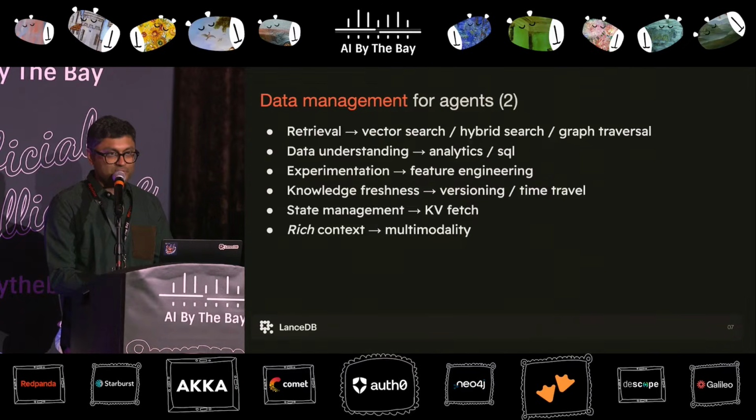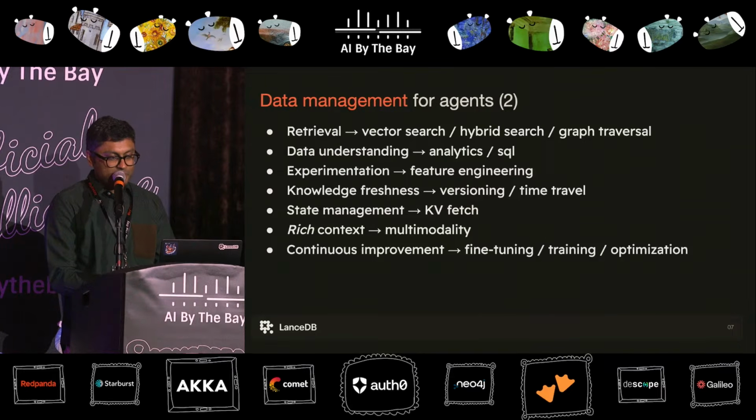And of course, the context richness depends on the kinds of data that you provide, much of which is multimodal, including vision, audio, and so on. The richer the context you want to handle, the more multimodal the data is. And to improve the models that power your agent, you may want to provide it training examples and do things like fine-tuning, training, and prompt optimization. And each of these have their own versioning and checkpointing challenges.